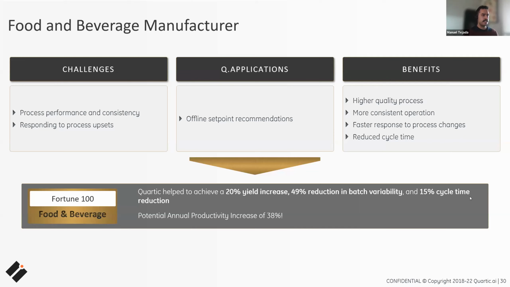So now that first application, I demonstrated with no data connections for reading and write back. It was deployed for a global food and beverage manufacturer. The key challenges being faced at multiple client sites were achieving high process performance and consistency between their batches. Moreover, operator knowledge across sites varied. So when process upsets occurred, there was no standard method to respond.